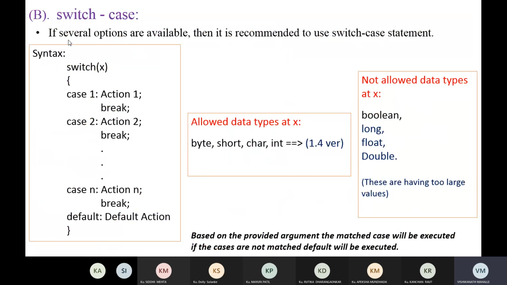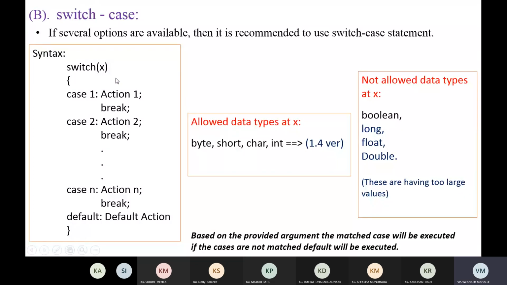Now here, switch case statements. Okay, if there are several options available, then it is recommended to use switch case statements. Because we can also use the if else ladder, but there is a readability problem. So if there are multiple options available, then it is recommended to go for switch case, for readability purposes. Here the syntax you already know.